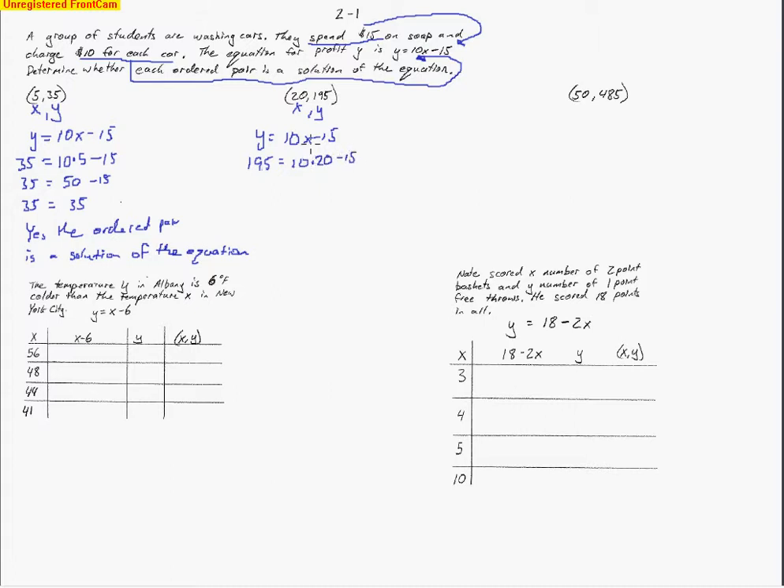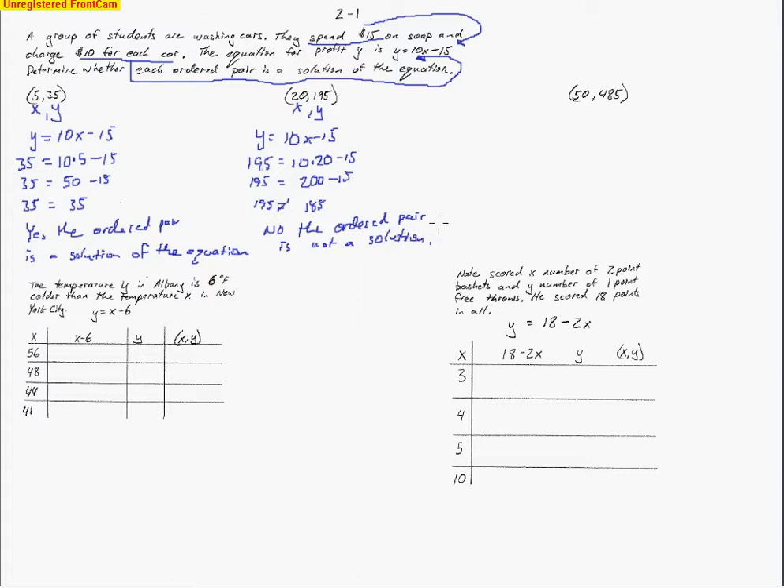So 20 cars went in for x. We multiply that by $10 per car. That gives us $200, the amount of money we're going to make from those 20 cars. But we're going to take away the $15 for the soap that we bought. We do that subtraction and end up with 185. Well, that doesn't equal 195. Since those don't equal, we'd say no. The ordered pair is not a solution